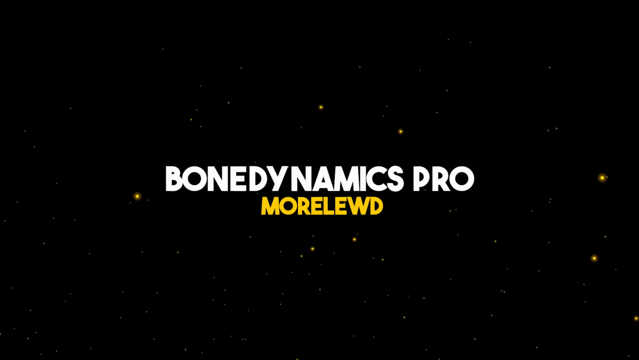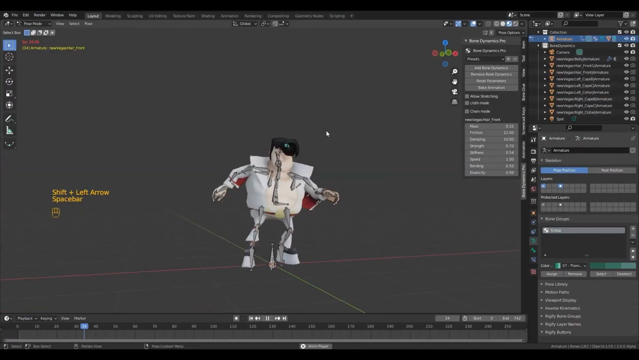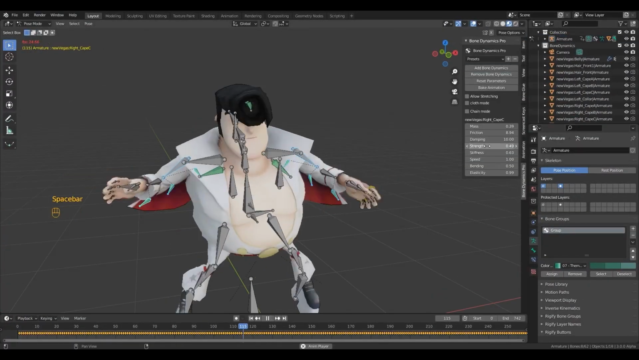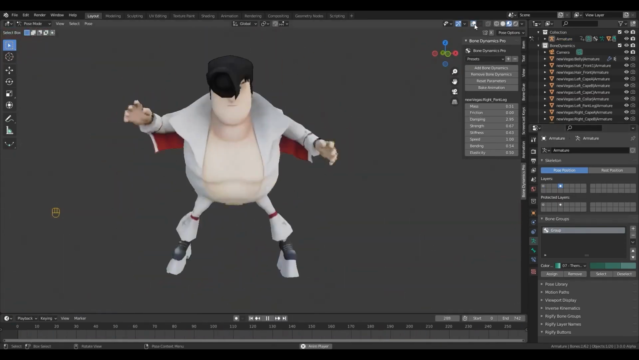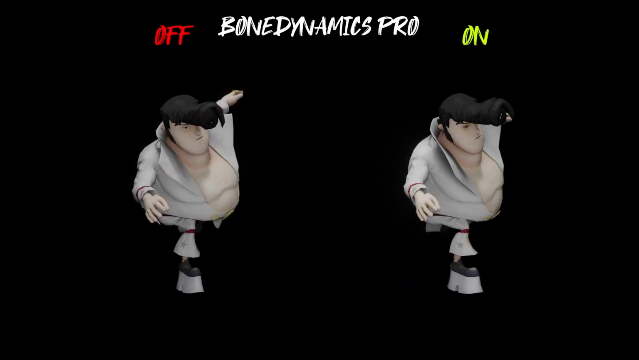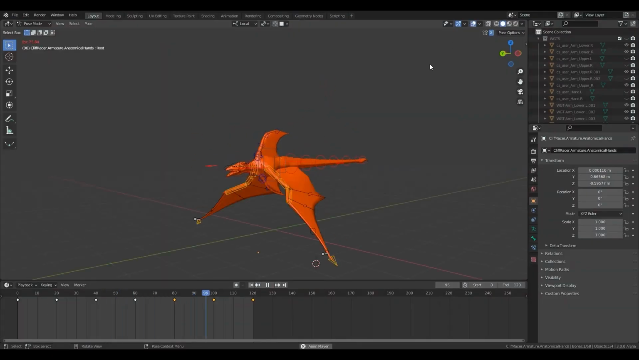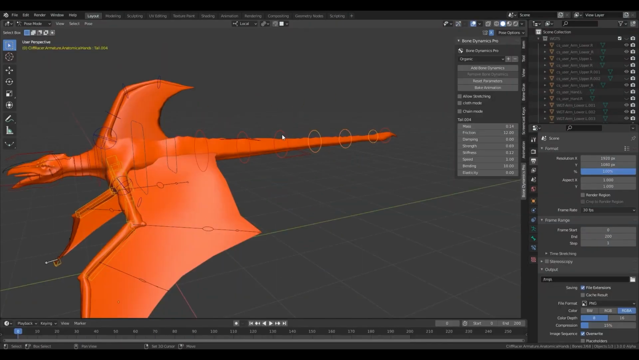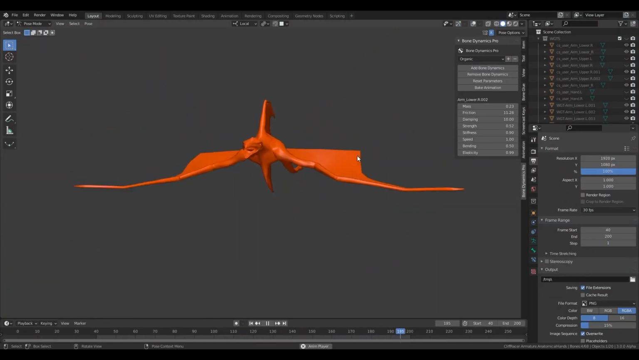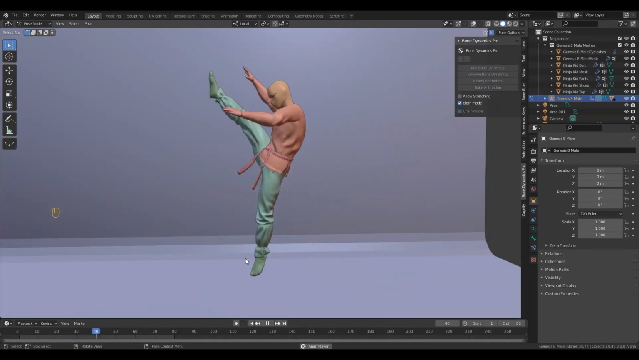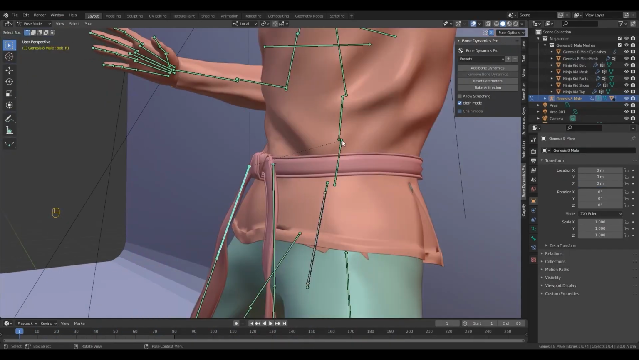Another add-on when it comes to physics is called Bonedynamics Pro. You see, the process of using this add-on starts with placing bones, then weight painting, then finally hitting the magic button provided by this tool. First, you can find physics presets to select and you can enable bone stretching or chain mode, and then bake the animation. In edit mode, you can start by adding some bones in the areas of the mesh where